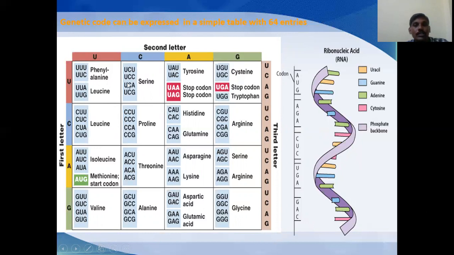So in this way, a total of 64 codons are formed. This is the codon dictionary. The first letter is always at the 5' end of the RNA. The third letter is always at the 3' end of the RNA molecule. So see here, this is a single stranded RNA molecule, consisting of four nucleotides: uracil, guanine, adenine, cytosine. These nucleotides are connected with a phosphodiester bond backbone. So this is one codon, this is another codon. In this way, codons are arranged on the mRNA molecule. So this is the codon dictionary.